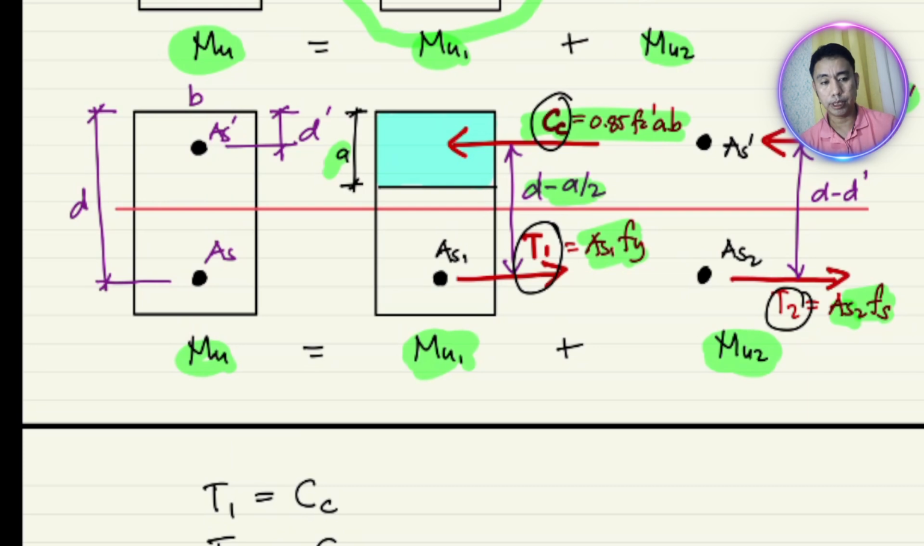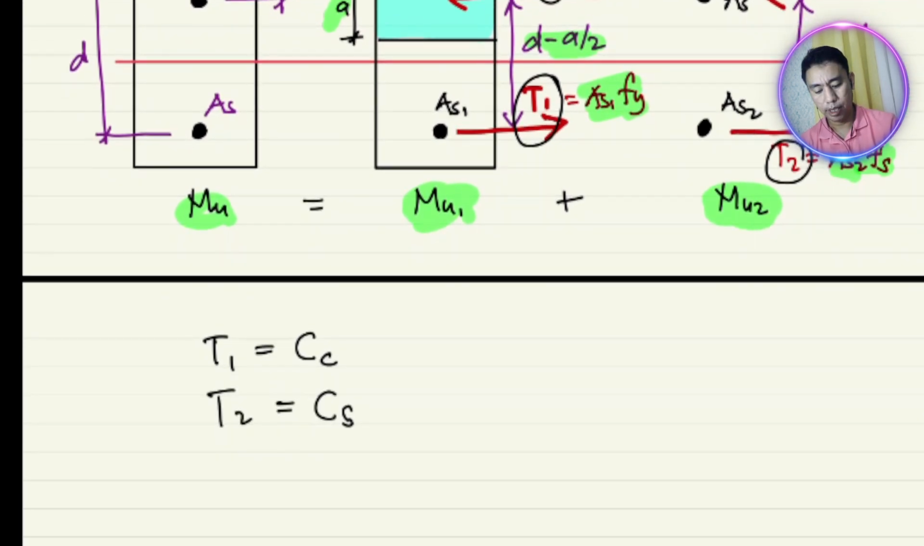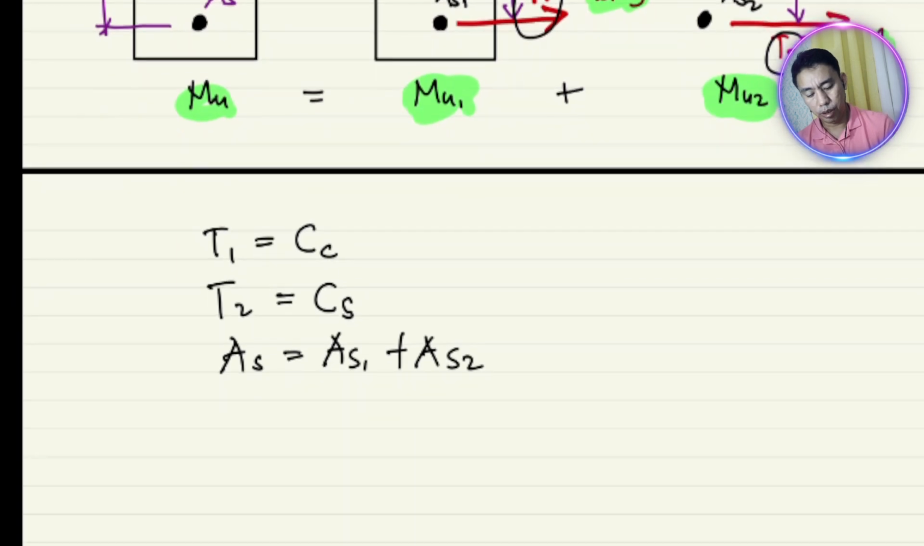If you sum forces along horizontal, okay? And the total AS is equal to AS1 plus AS2. Okay? So dalawang area ng steel na hati sa dalawa. One from singly and then the other is for doubly reinforced. Okay? So, the ultimate moment capacity ngayon,